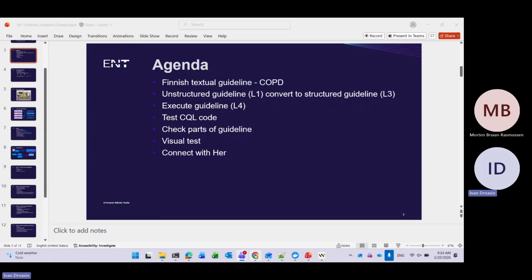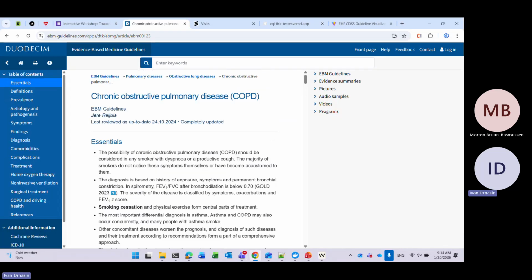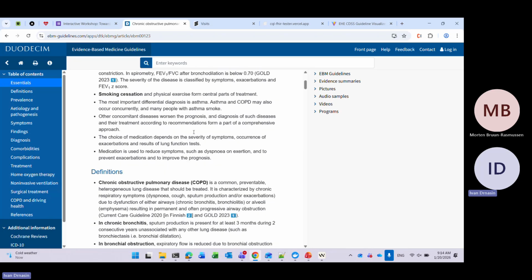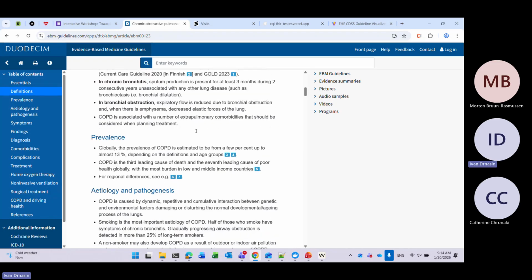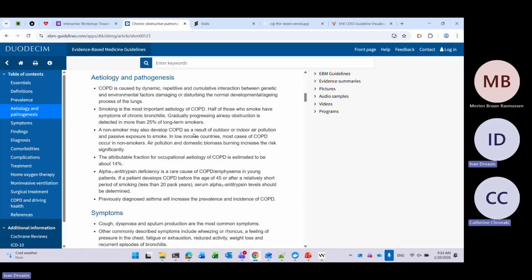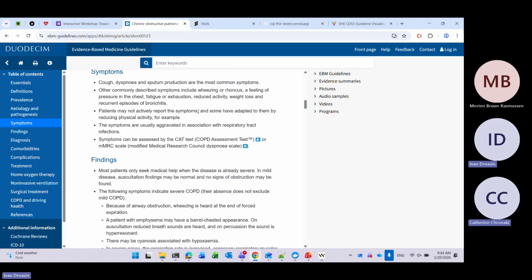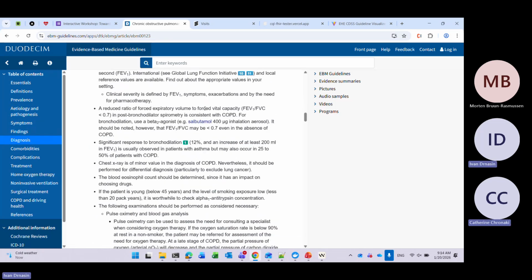Let's hide this one. So okay, this guideline is really cool, nice. Textual. Okay. So I would say it's really easy to work with.